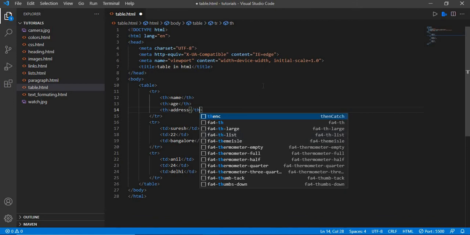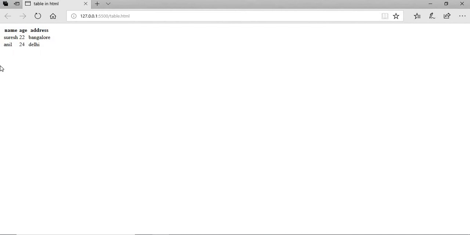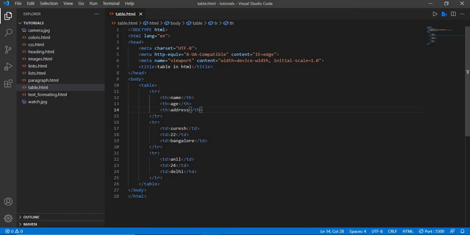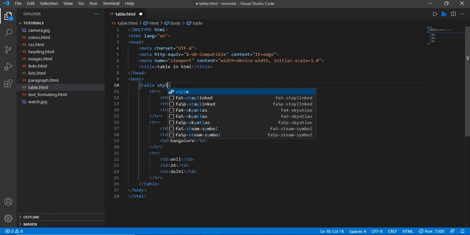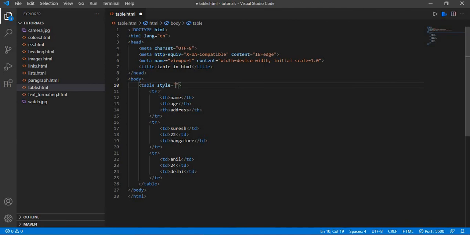Now we'll save it, and here you can see it has changed to headings: name, age, place. Now we can add a border to this table. For that, inside the table we'll give style, as we have already used to give color for the text.